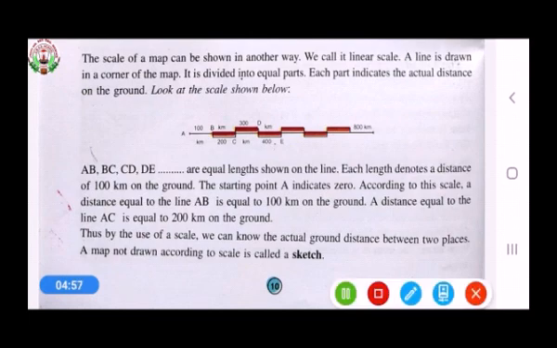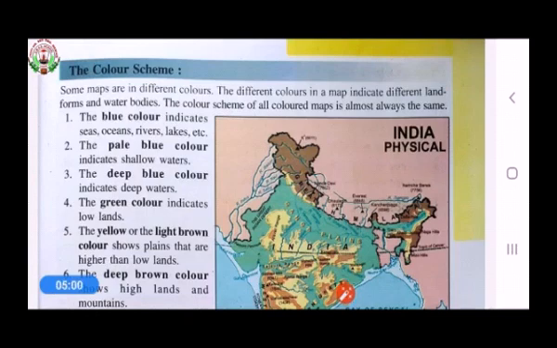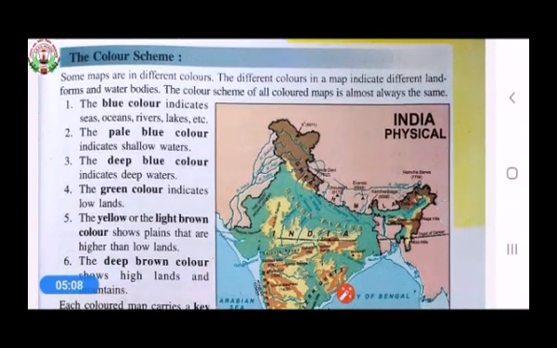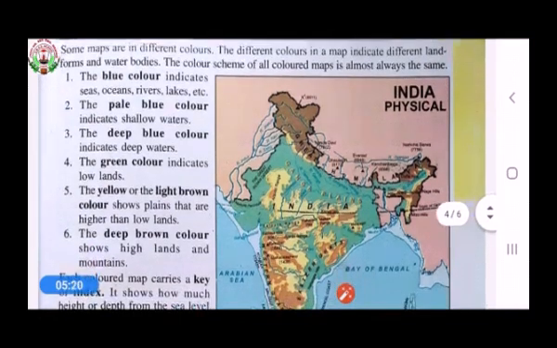Now our next topic is colors on the map, or the color scheme. Some maps are in different colors. The different colors in a map indicate different landforms or water bodies. The color scheme of all colored maps is almost always the same. In a map, different colors are used to show different landforms like